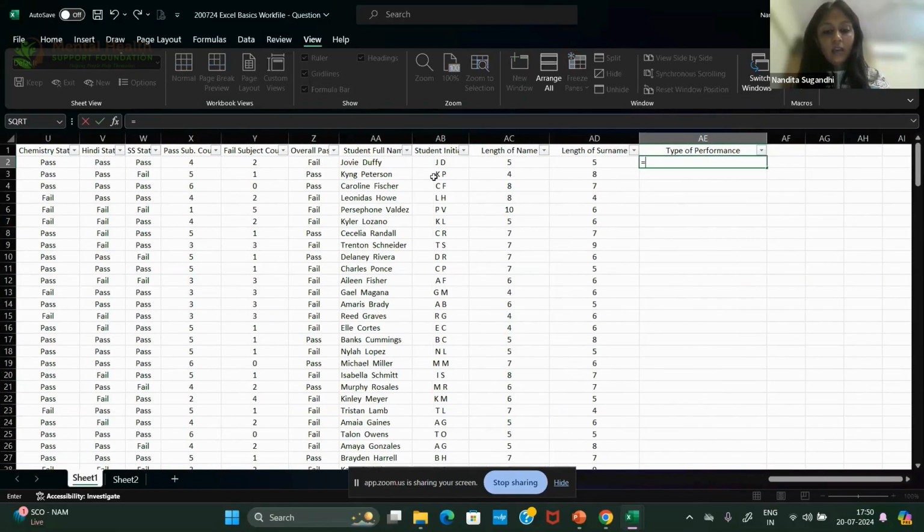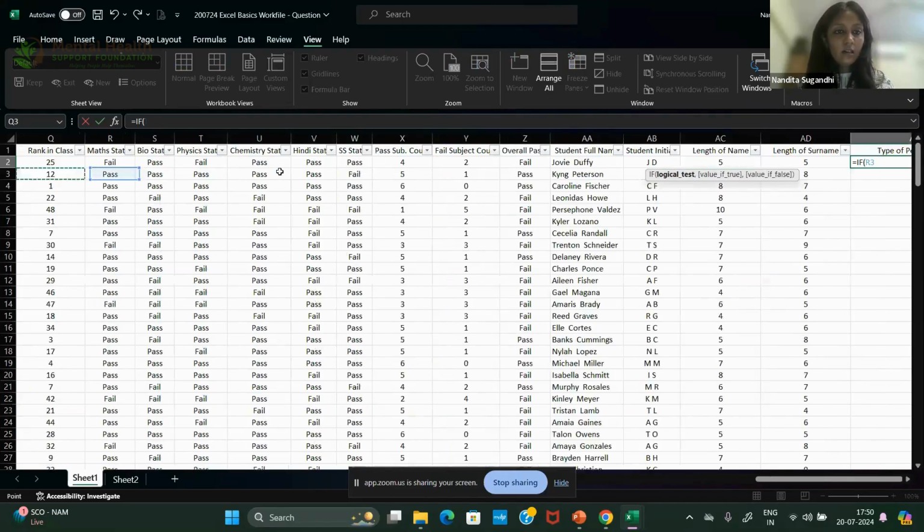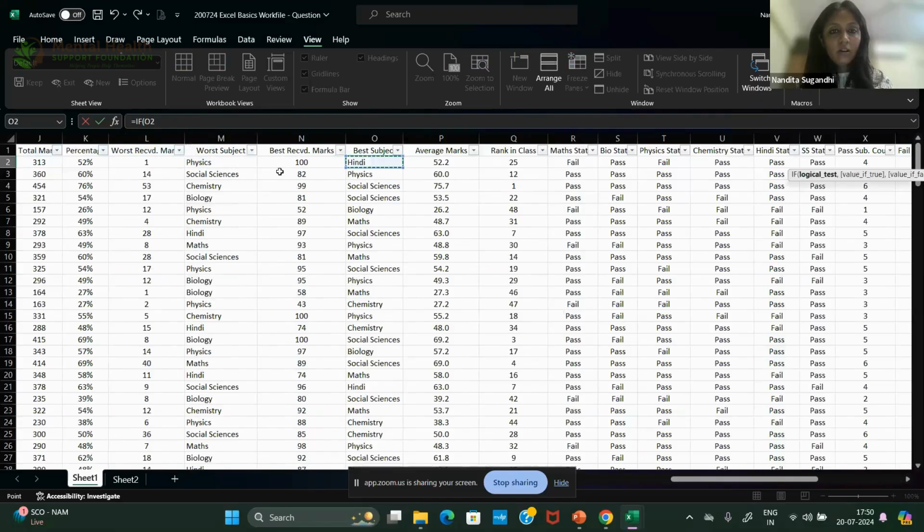Okay. If a student has received, I'll do it by percentage probably. That's what I want to do. Has received more than 75%, then they have done great. If not, then I want to give more conditions.